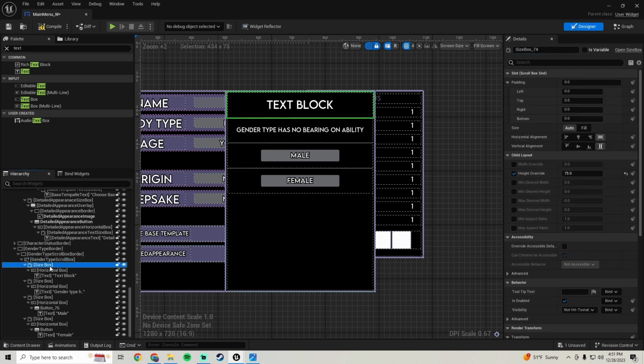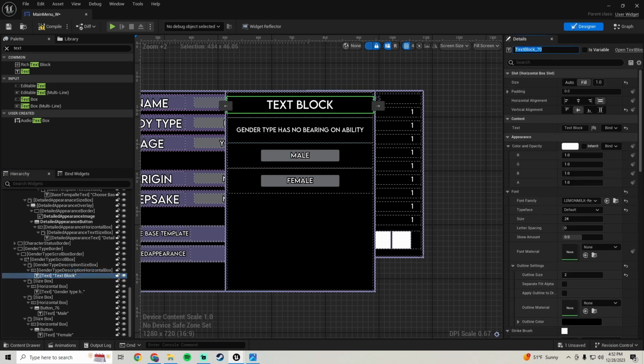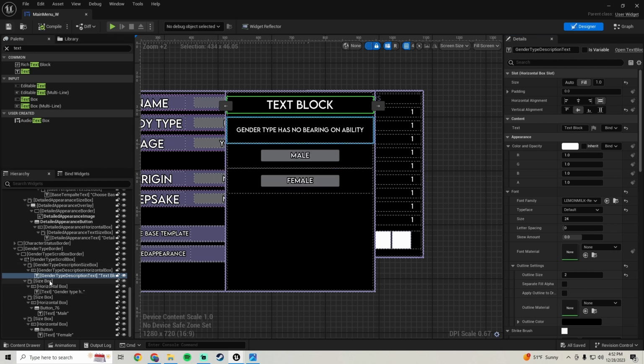We'll go to the size box, and we will call that gender type description size box. Then we'll go to the horizontal box and we'll call it gender type description horizontal box. We're gonna go down to the text, and we're just gonna call this gender type description text. We'll go ahead and compile and save, and we'll go down to the next size box, which is gonna be this,